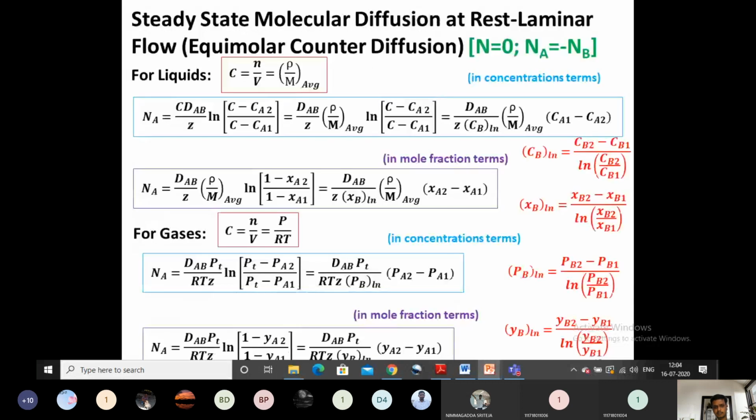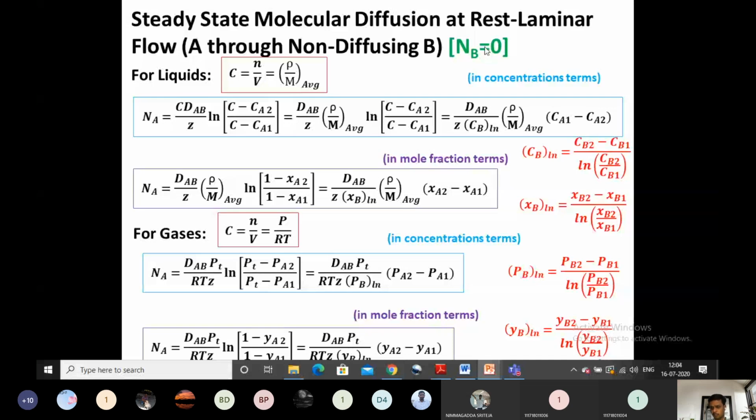All these equations will come in a simple manner when we understand this fact: in equimolar counter diffusion, the total flux is equal to 0 and the individual flux of component A is equal to the negative flux of component B. Whereas in the case of A through non-diffusing B,